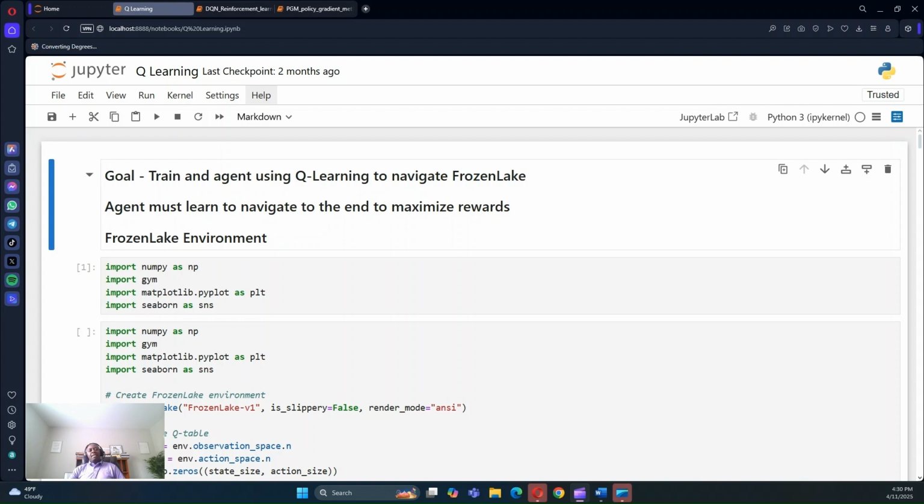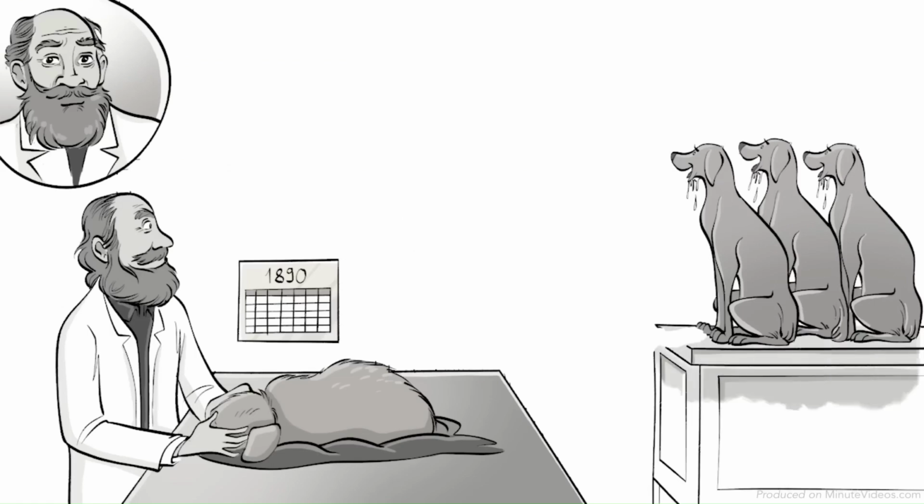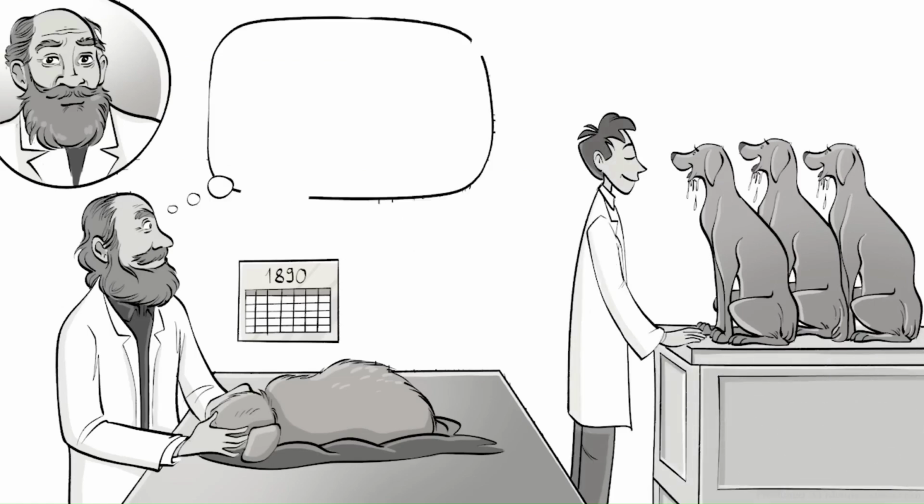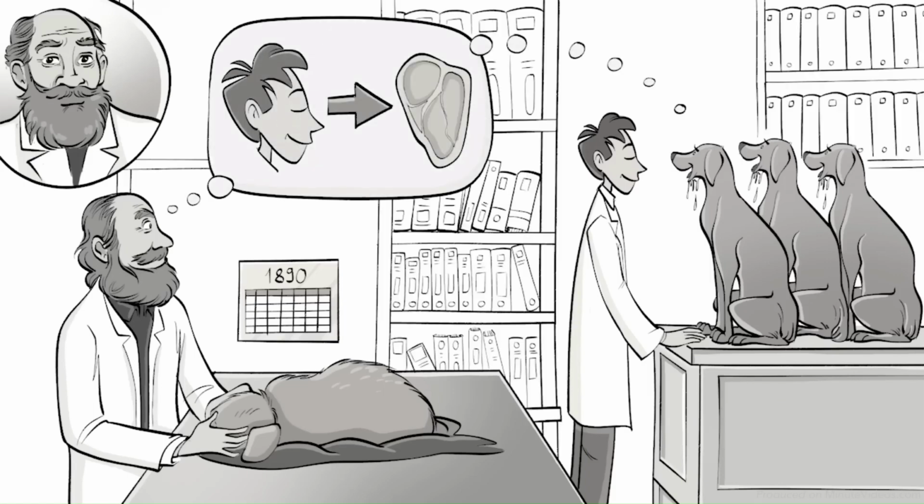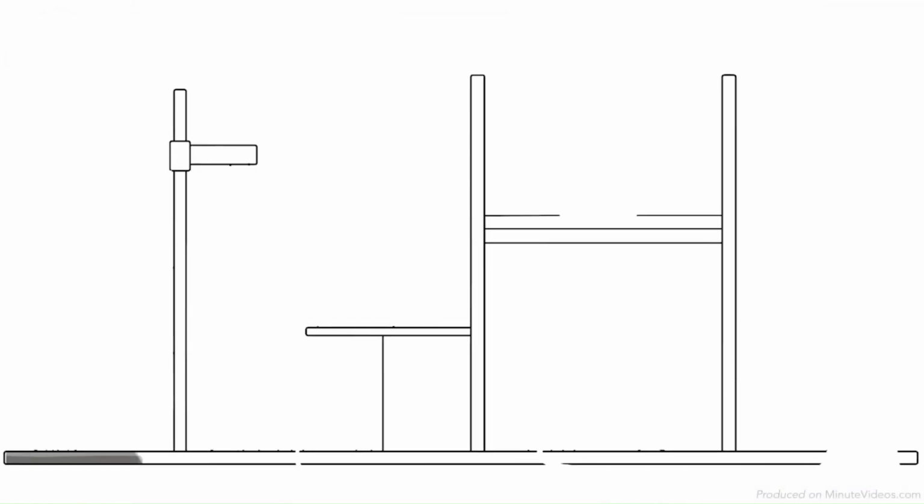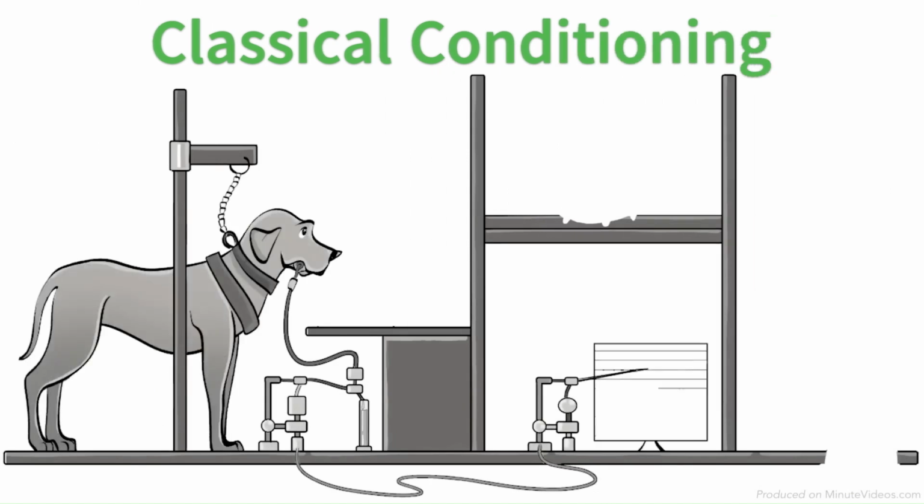But before we dive in, let's take a quick trip back in history to the early 1900s. In a quiet Russian lab, a man by the name Ivan Pavlov discovered something extraordinary. He discovered that his dogs began to salivate not at the sight of food, but at the sound of a bell. This led to the discovery of the concept which he termed classical conditioning, the brain's ability to form associations